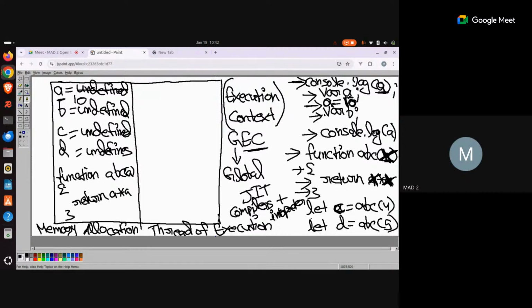Now, something happens here, and what happens here is very interesting. Whenever you call a function, please listen to this statement very carefully. Whenever you call a function, a new execution context for that function actually gets created. Remember, when I started creating this box, I told you that this is an execution context, or GEC, global execution context. Now, whenever you are calling a function,